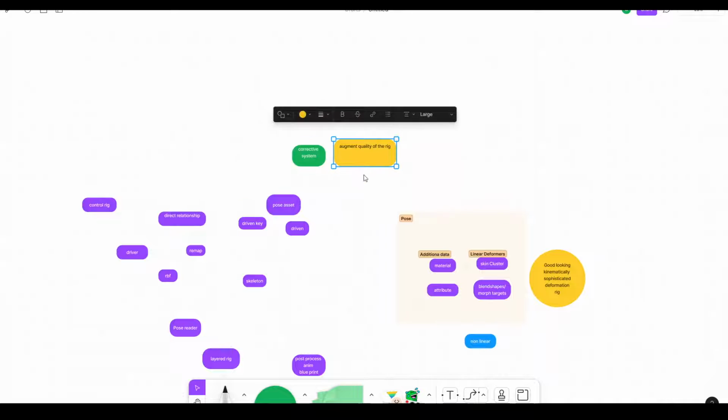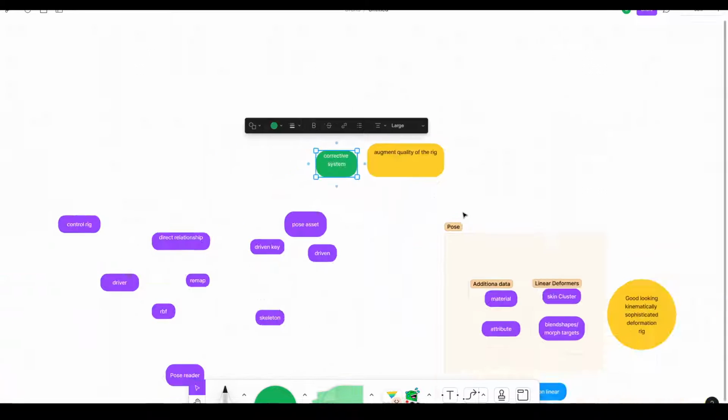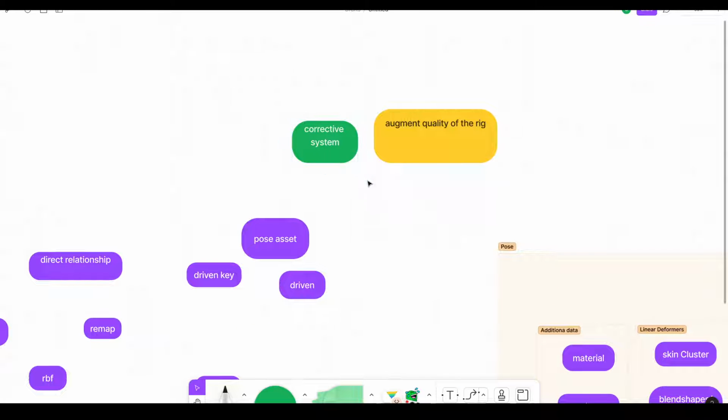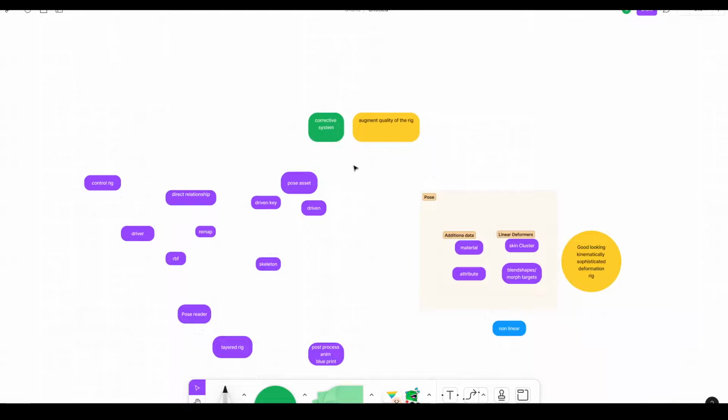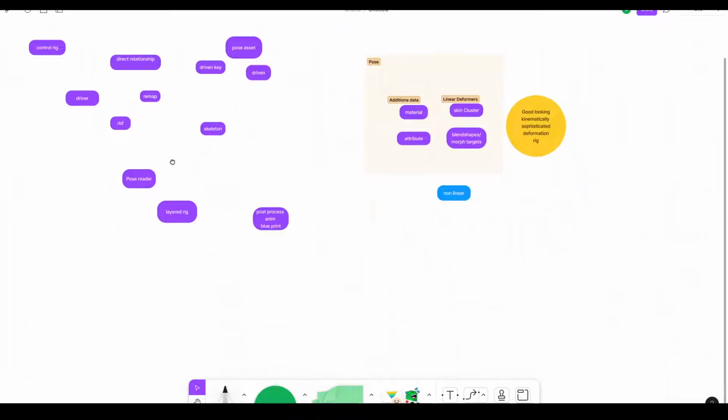I'm splitting these in two because I don't want you to think that this system is only for muscles or fixing things. This can also be used to define how a robot can transform itself. It's not just necessarily corrective. In fact, these two things usually sit under something else, and this something else is